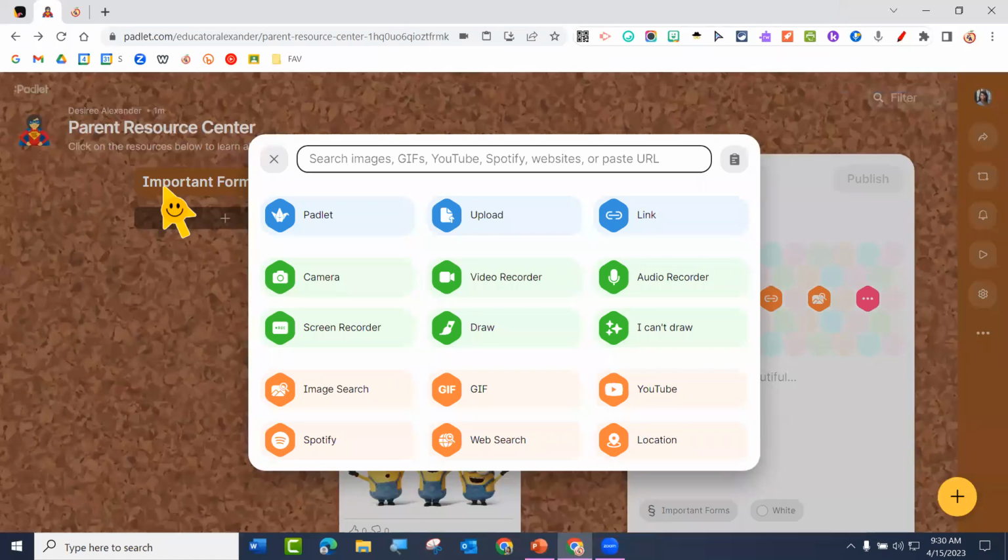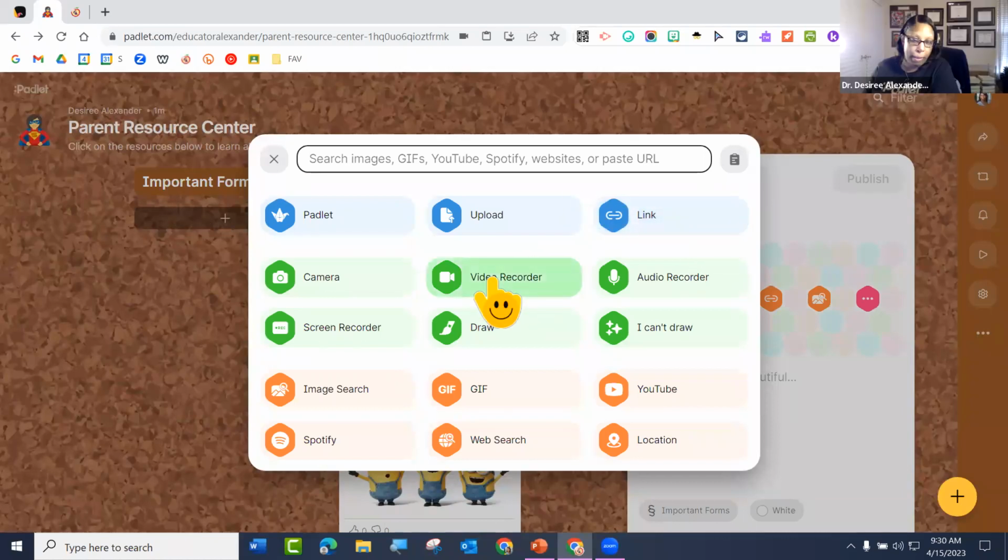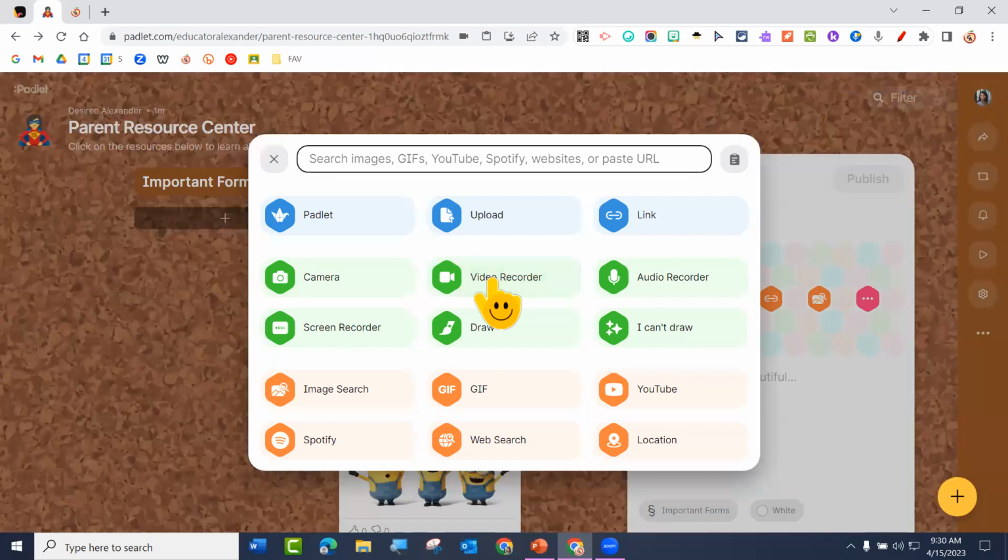Let's see. I have a question too, as far as the one where it says video recorder. I recently got Chromebooks in my room and was thinking about doing some tutorial videos on how to properly wash out brushes and whatnot. Is that something I could do through the video recorder, or would that take up the data, the 20 megabytes or whatever it is, to do it through there? Or would it be better to do a YouTube video with my own channel and then do the link?